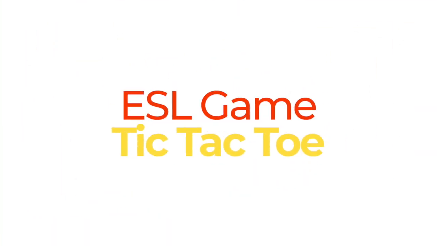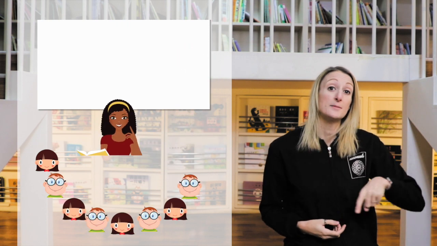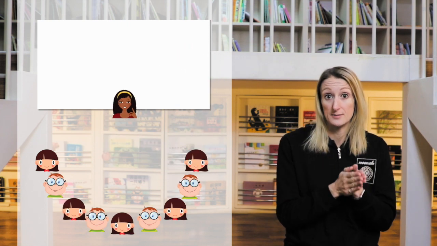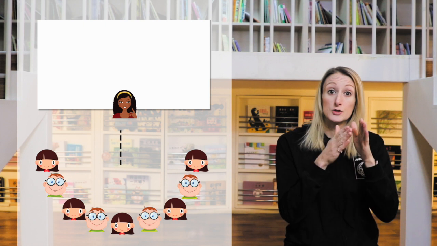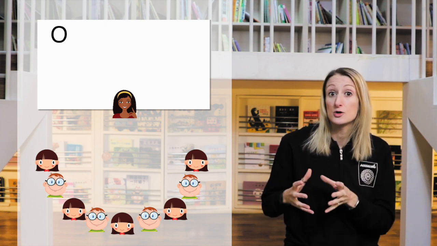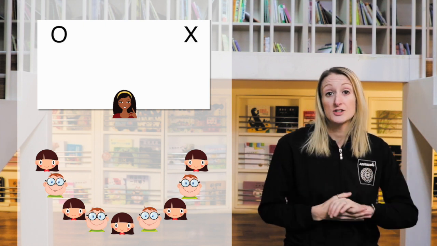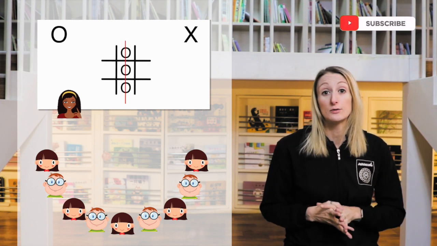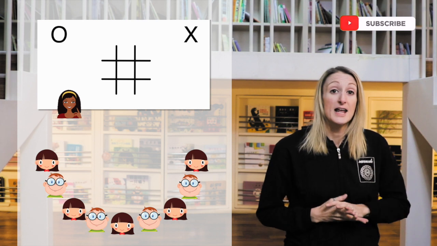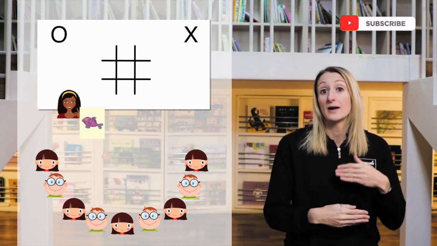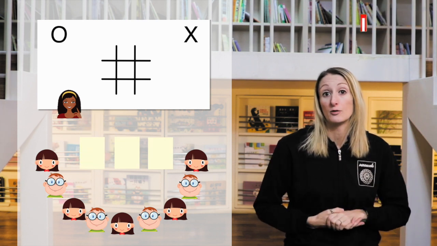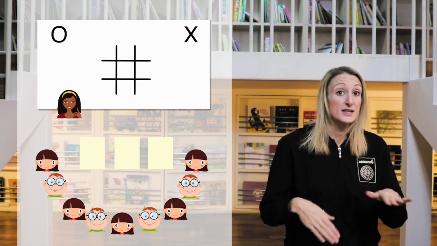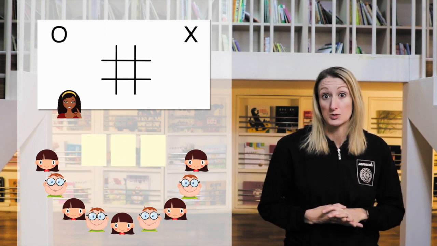Now for this game, all you're going to need are some flashcards of the vocabulary that you'd like to practice and a whiteboard marker. Start by positioning the class in a semicircle with you, the teacher, in the middle. Next, you're going to split the class into 2 teams and allocate them either noughts or crosses. Next, you're going to introduce that tic-tac-toe grid on the board behind you and explain that you need 3 in a row to win. Next, introduce those flashcards one by one, placing them face down on the floor in front of you as you do. Mix those cards up so students don't know what's what.